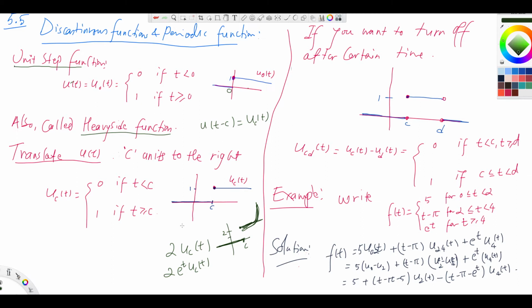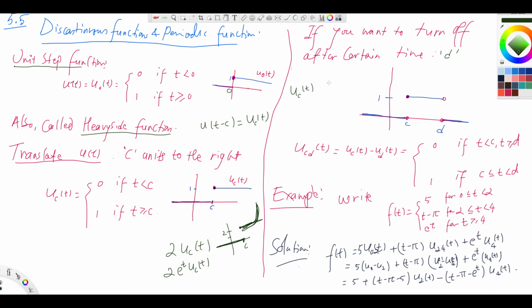But how do you model this? What is the function that starts at some point and ends after some point? After some time it ends and becomes 0, and you want to start at some point too. So how do I write that function? If you want to turn off after a certain time, let's say turn off after d, how do you do that? This function u_c(t)